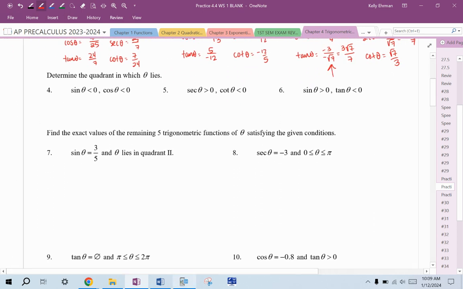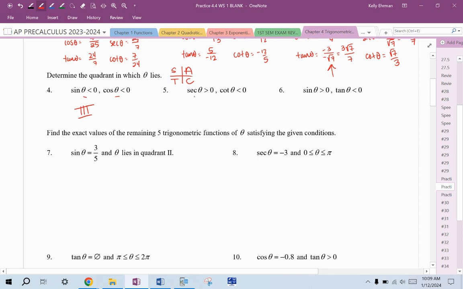Determine the quadrant in which theta lies. This is just quick practice since we're not going to be given ordered pairs in the next section. So when sine is negative and cosine is negative, which quadrant are we in? Remember, this is the all students take calculus. If sine and cosine are both negative, you must be in quadrant 3